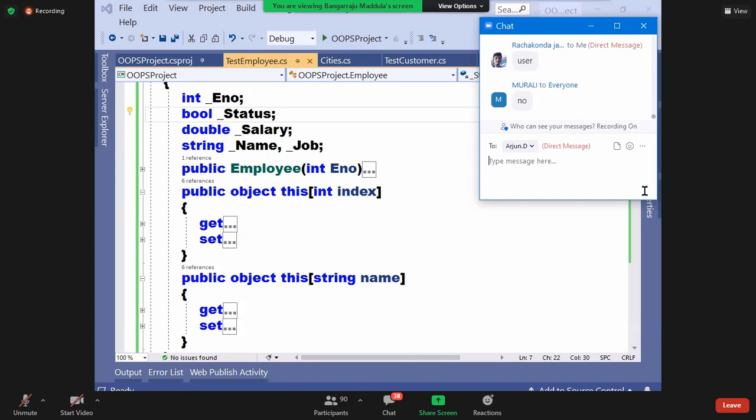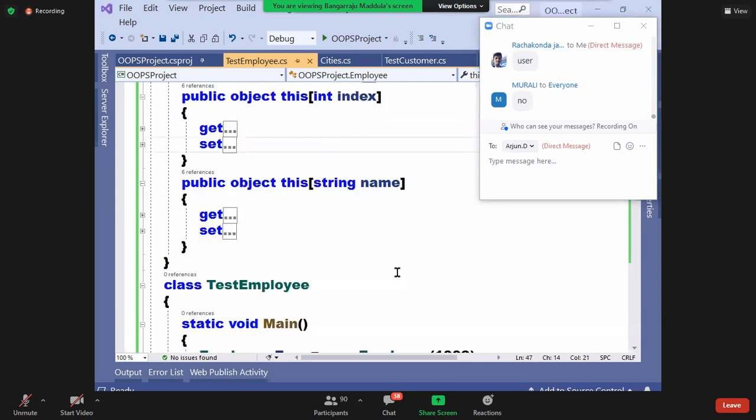You can have millions of rows in the table. No issues. Every row cannot be accessed by using a name, so in that scenario we use indexers. For columns, use names. For rows, use indexers. When the size is limited, properties. When the size is not limited, indexers. Depends on the requirement how you're going to write the code.